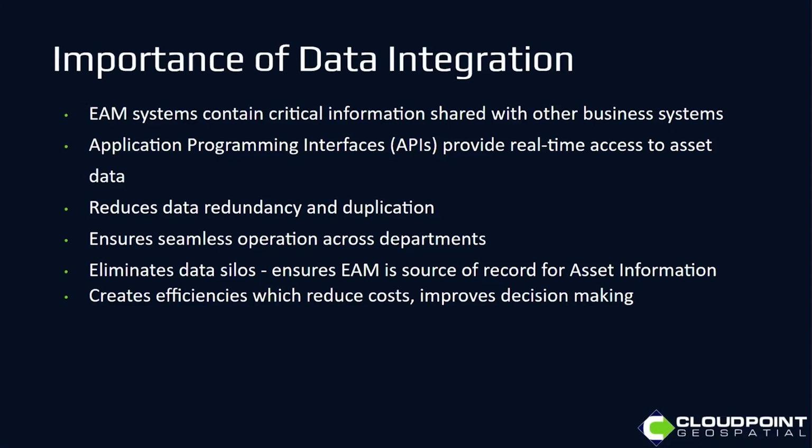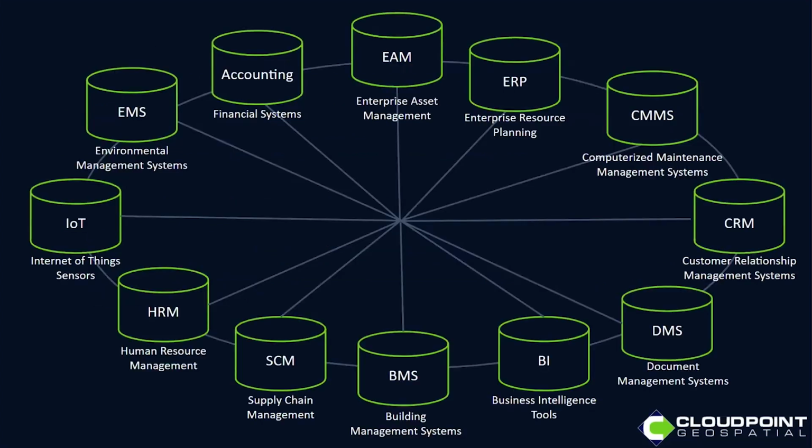So by integrating that data seamlessly with other systems, you reduce data redundancy and duplication. You ensure that there's seamless operation across departments, and you eliminate data silos. You ensure that your asset data is the source of record for asset information, and this creates efficiencies, which reduces costs and improves decision-making. So this diagram sort of shows how